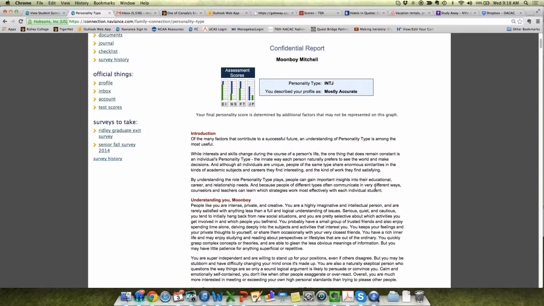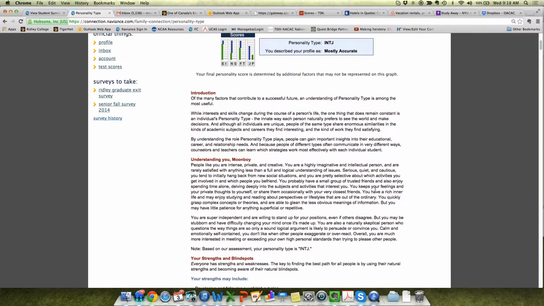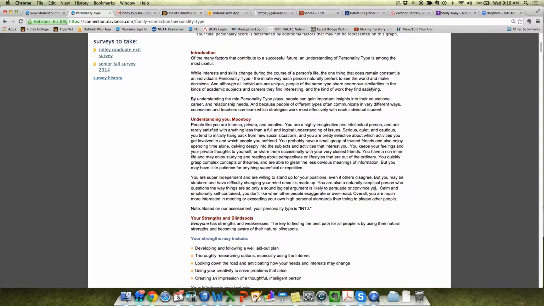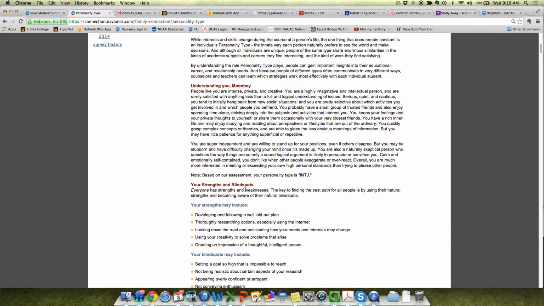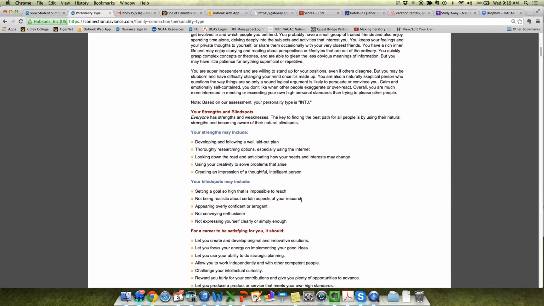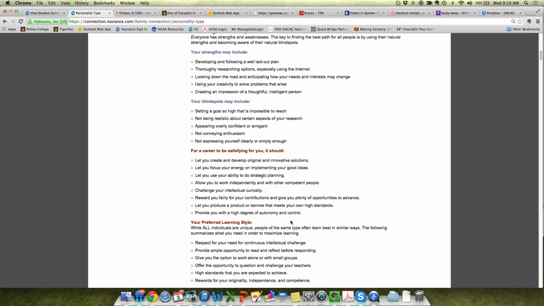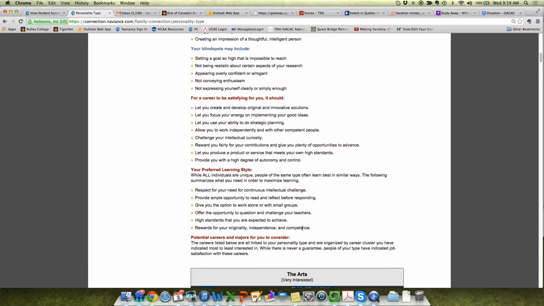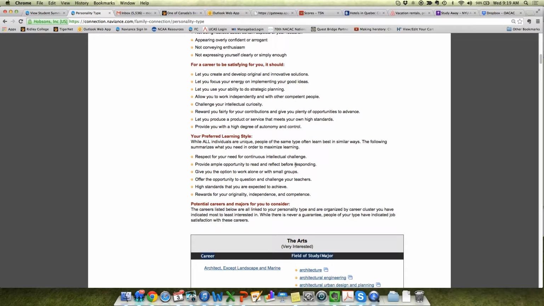So I want the kids to talk amongst themselves about the results from here. I want them to talk about their strengths, their blind spots, what things are going to be important for them in a career so that they're satisfied, and their preferred learning style. They can use this particular part here to talk about what their strengths are in the classroom, to help them understand how they might better communicate with teachers, to make sure that they're getting assistance that supports the way they learn best.